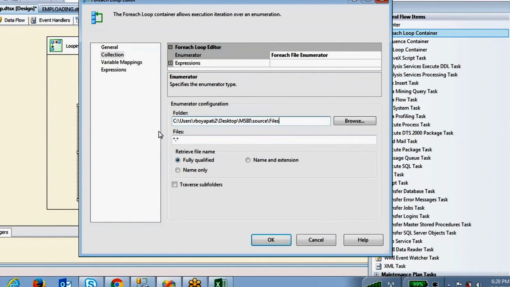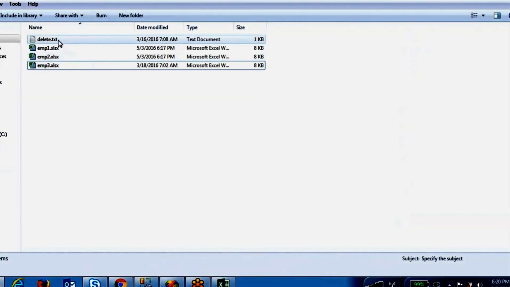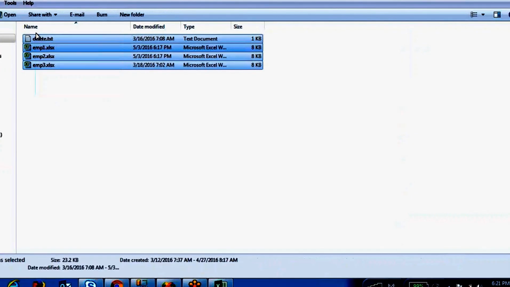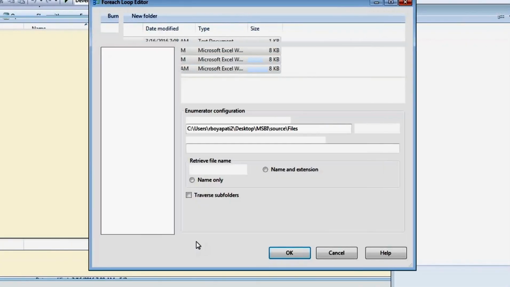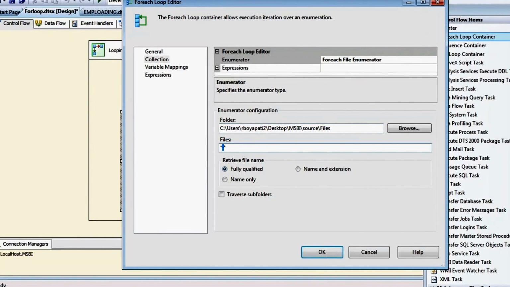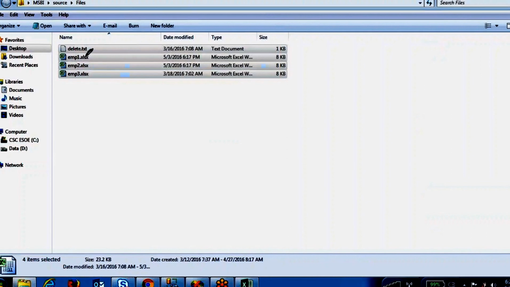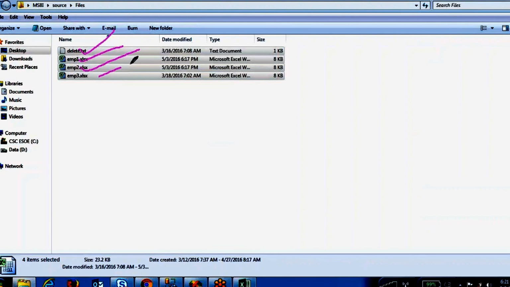What files do you want to load? See here, there are text files, xlsx files, different kinds of files. I want to load only xlsx files. If you put just a dot, it will try to take all the files having a dot symbol. This file has .txt, and this file has its own extension.